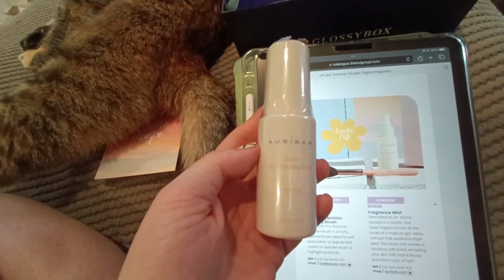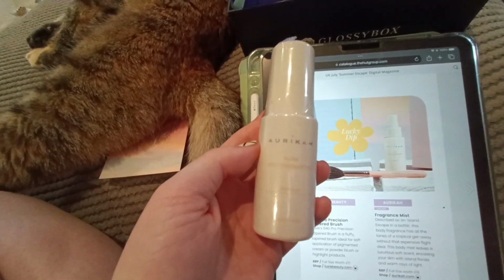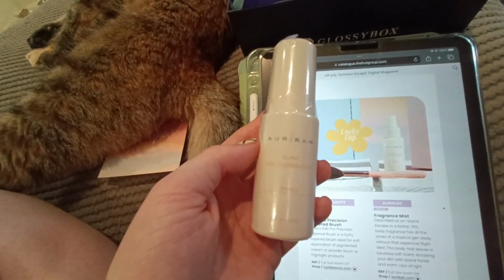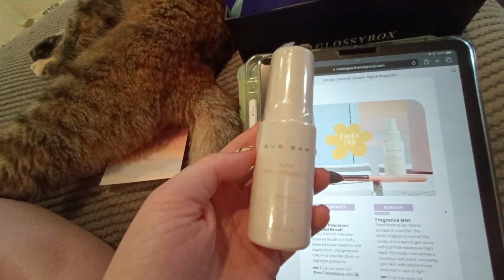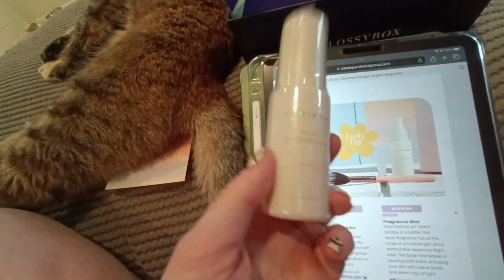Described as an island escape in a bottle, this body fragrance has all the tones of a tropical getaway without that expensive flight deal. This body mist leaves a luxurious, soft scent, encasing your skin with the island's floral, warm rays of light. Full size, worth £18. Now, I know